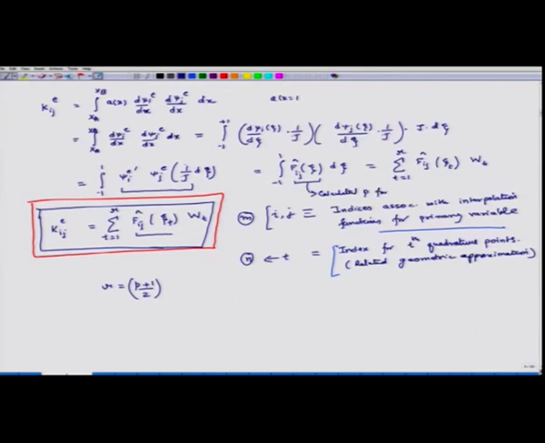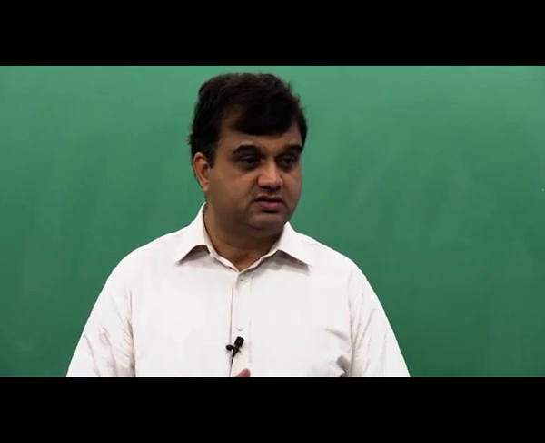calculate p for F_ij of zeta, because it is in this function that everything else is embedded: a is embedded, j is embedded, derivatives of psi are embedded. If it is a mass matrix, then psi_i and psi_j may be embedded. So, this is what we are interested in. We have to calculate p for this function, then we can correctly calculate the value of r.